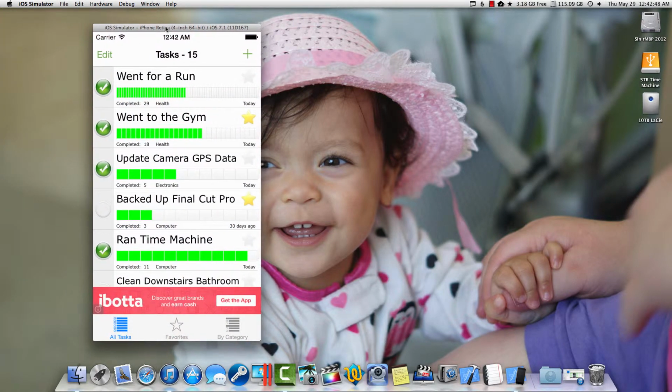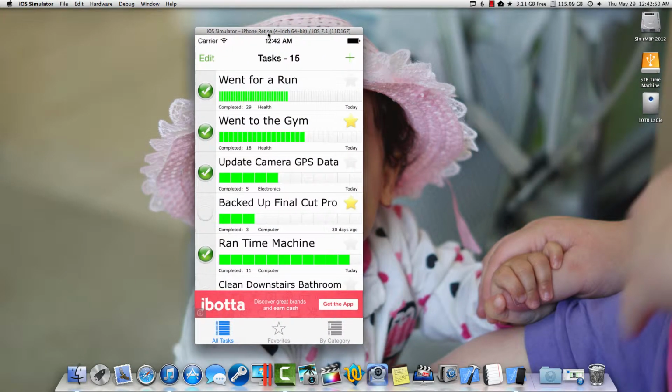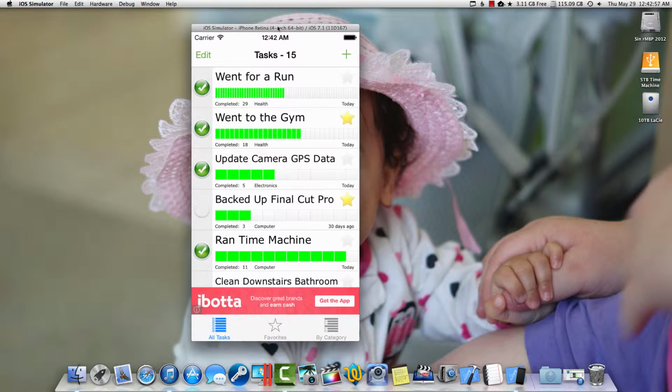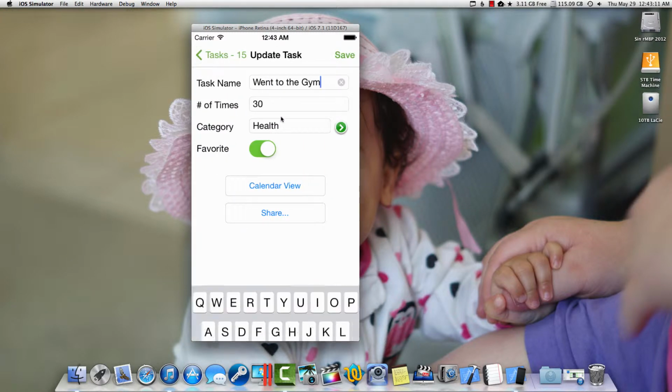Now, this is the simulator, so there are certain things I won't be able to do. But for those who don't know what iDidIt is, it's really a way to keep track of your goals or tasks in a visual way, using graphs as a way to positively reinforce you to keep going on that goal. So for instance, if you wanted to keep track of the number of times you've gone to the gym,